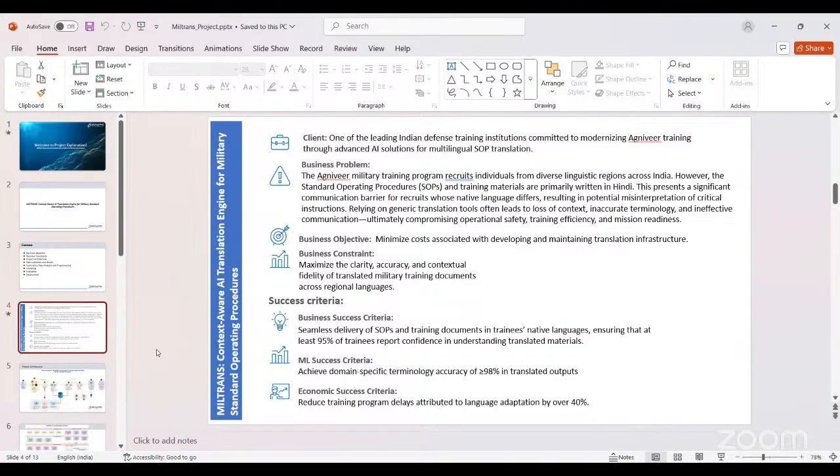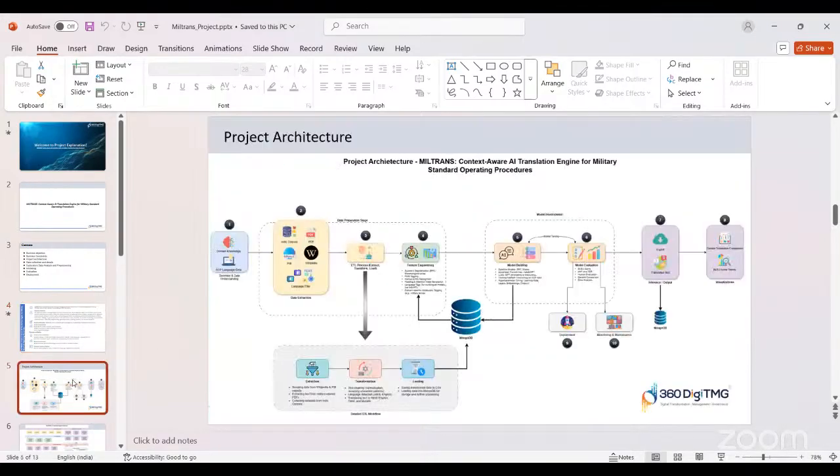So I will walk you through the architecture diagram. This is the architecture diagram. We collect data from different data sources, from PDF documents and also some communities. We have taken data from Hugging Face, a few communities related to defense jargon, and Wikipedia documents.